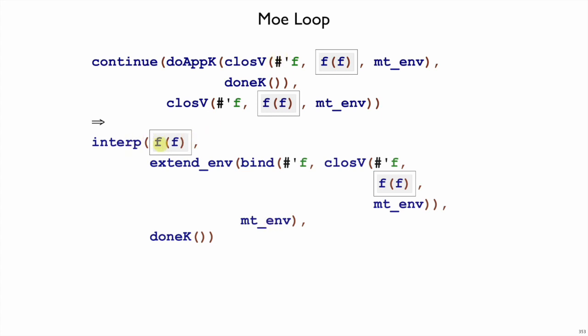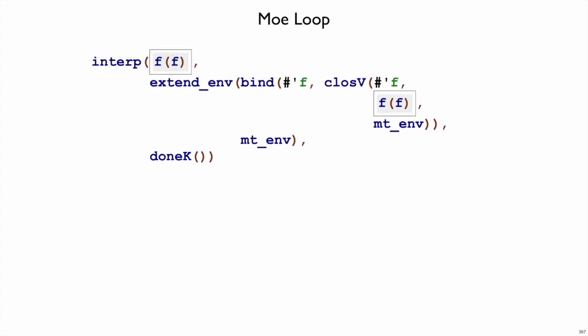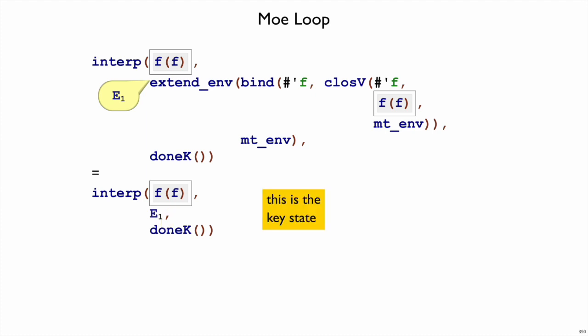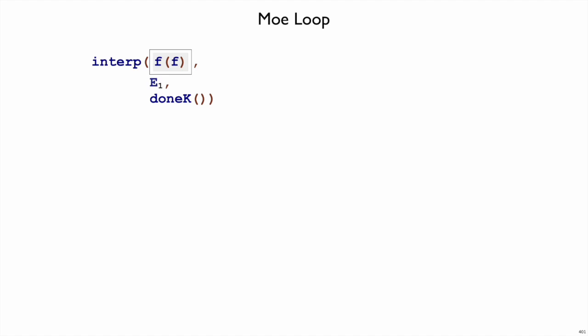So now we are interpreting f applied to f in this extended environment. This environment is big and important enough that I'm going to abbreviate it with E1. And so E1 is that environment. We are just going to interpret f applied to f in that environment. Now this is a key step in our interpreter. Remember this shape, because we're interpreting f applied to f with this environment, and we don't have to do anything else after that. To interpret a function call like this, we start by interpreting the function expression, that's just f,